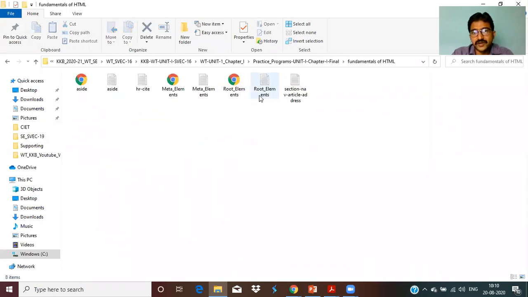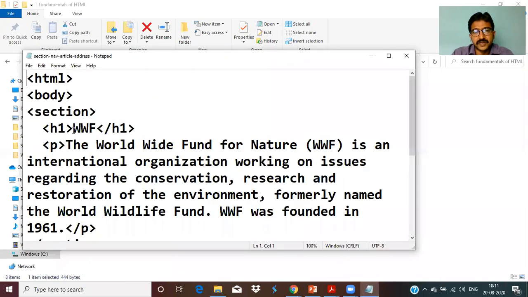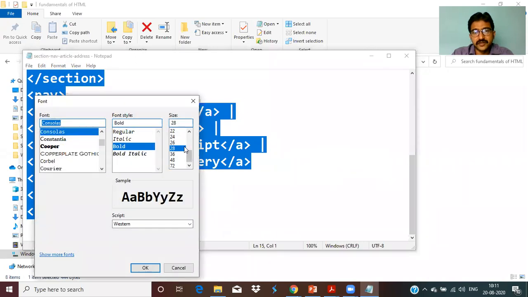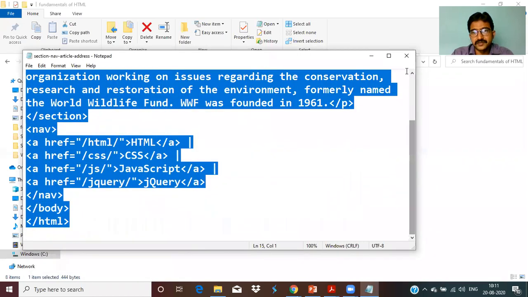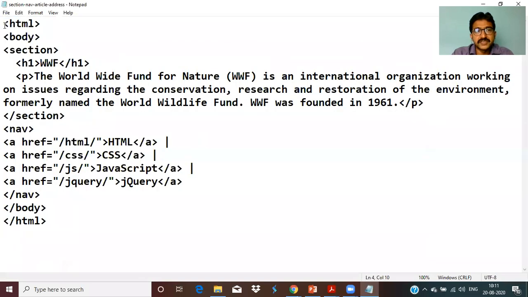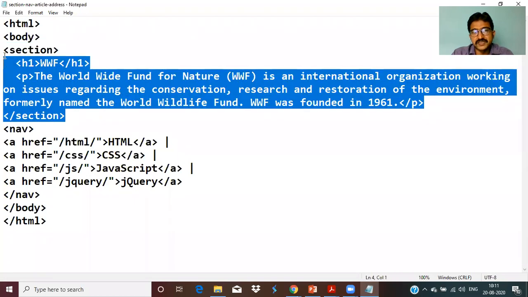These are all the different examples I have kept for you for your better understanding. Just reducing the font so that everyone can see this. Hope it is visible. Now in this example, it starts with HTML and ends with HTML. In the body, in the section, we are mentioning WWF, the same example we discussed in the slide.